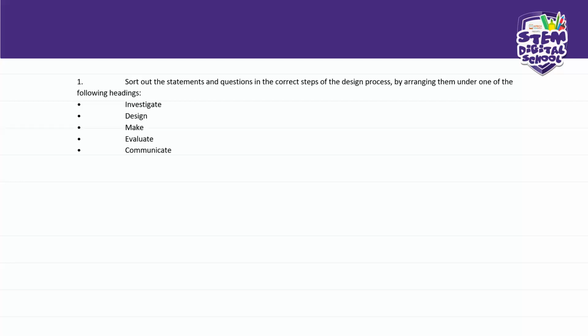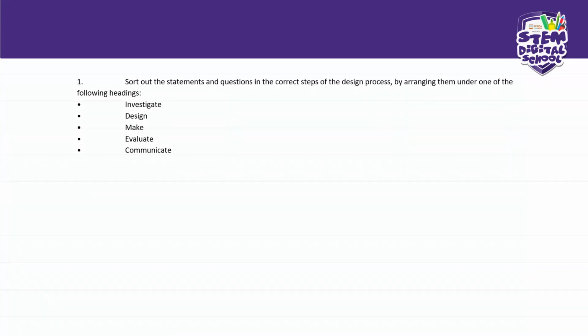Then we move to the evaluate stage. In the evaluate stage, I go back to the design stage. I look at the design brief. Have I made a rocking chair for my grandmother? Okay. And I will test it. Does this chair take the weight of a person? You know, those are the specifications. Maybe one of the specifications was saying the chair must be able to carry a load of a person of such a weight, you know. I look at all that. And then